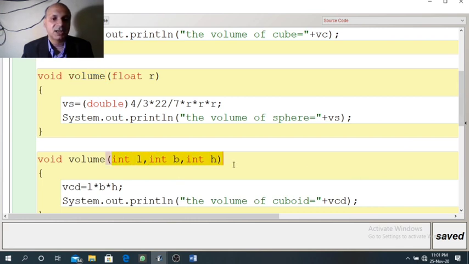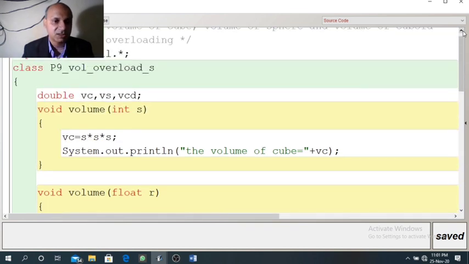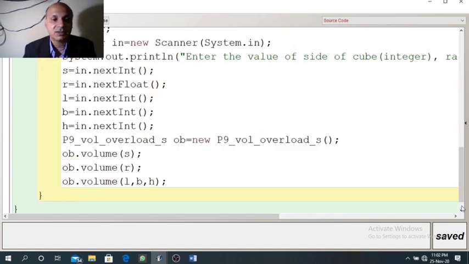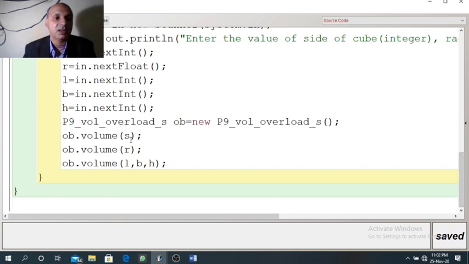Third function receives three arguments, so it will not be considered. First and second function receives one argument each. So compiler will decide which one to be called. That will be decided by the data type of the argument passed. So here we are passing S which belongs to integer type.